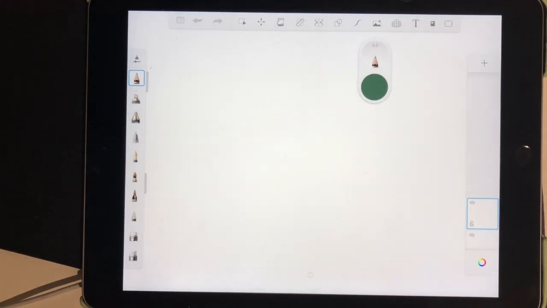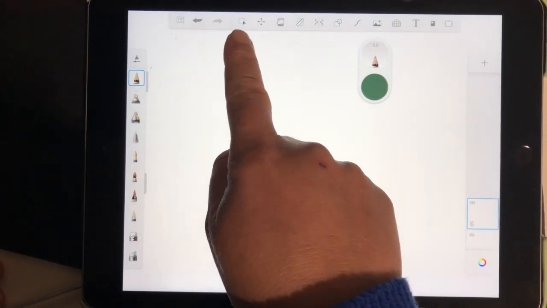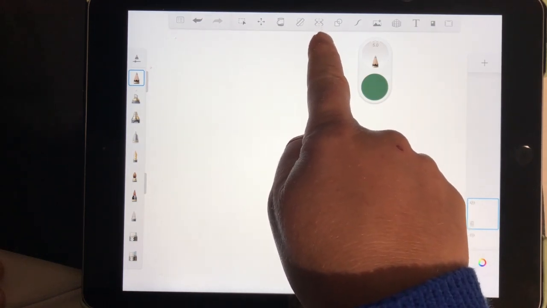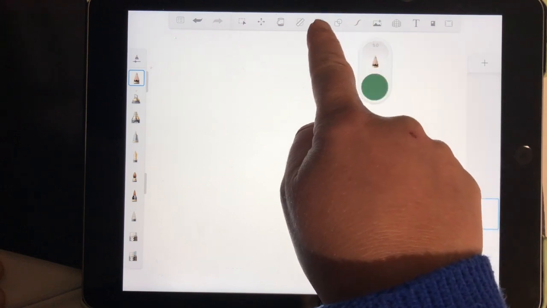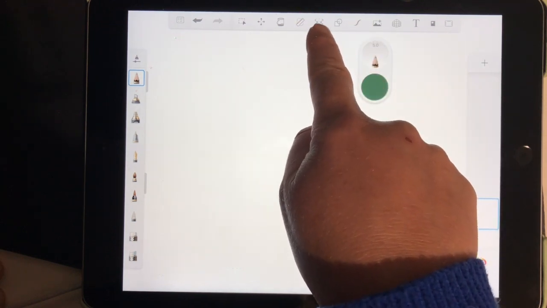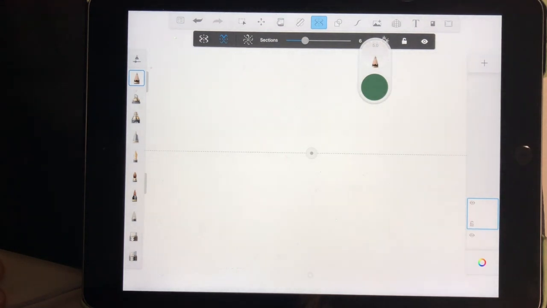This app is a lot of fun. There's a ton of things you can do on here, so you should explore with it if you haven't already. The thing we're going to work on today is the symmetry feature. So way up here in the middle, there's a little thing. It looks almost like a butterfly because there's a line of symmetry and some wavy lines on each side. So I'm going to tap on that,